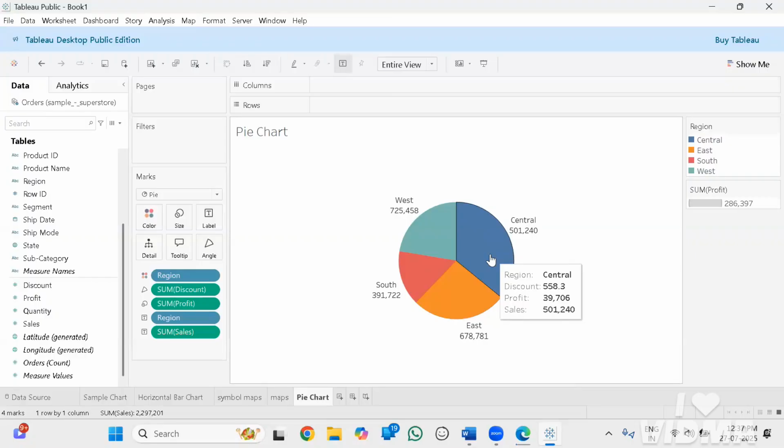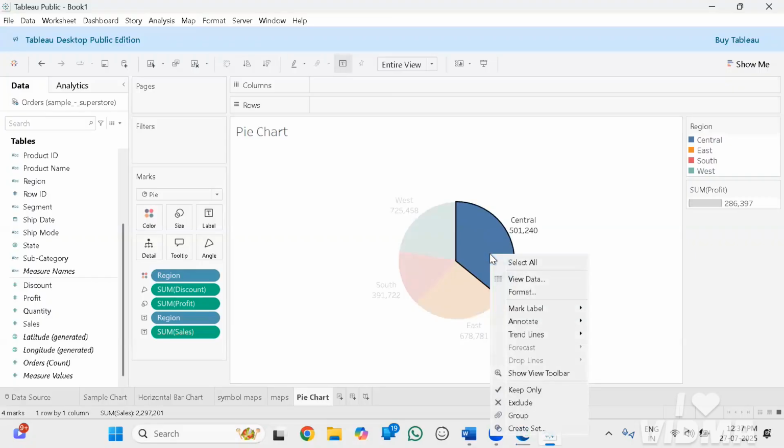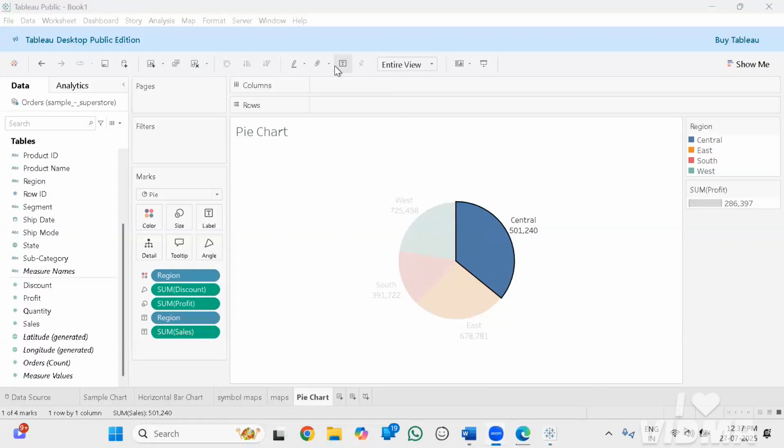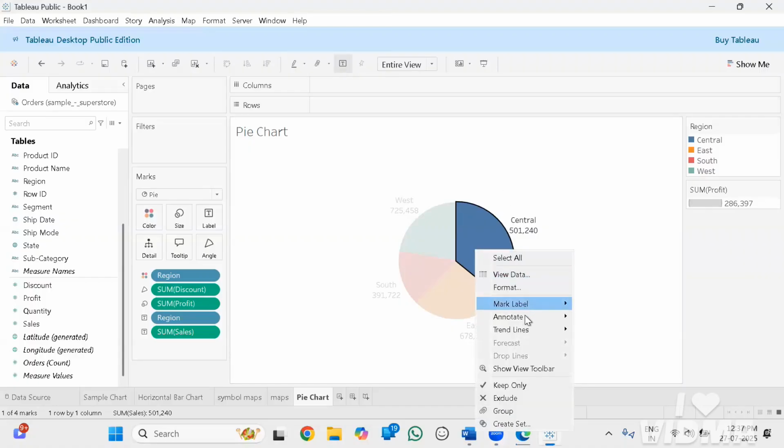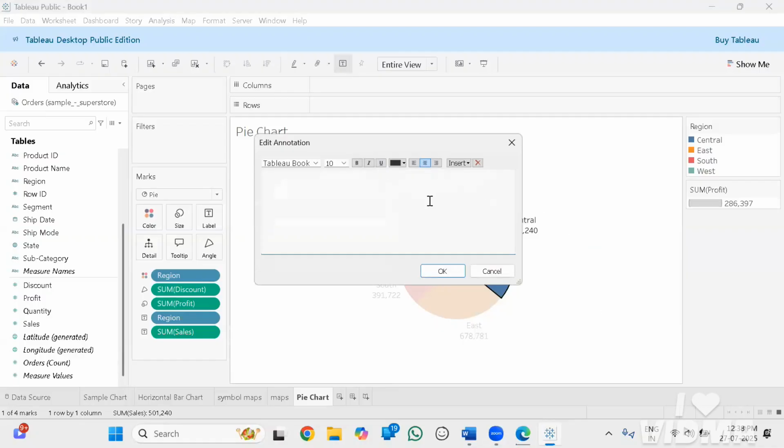Okay, so just right click on any slide. Then you can see annotate here. Click on annotate and then point, which means it is pointing out. So you can give the name like